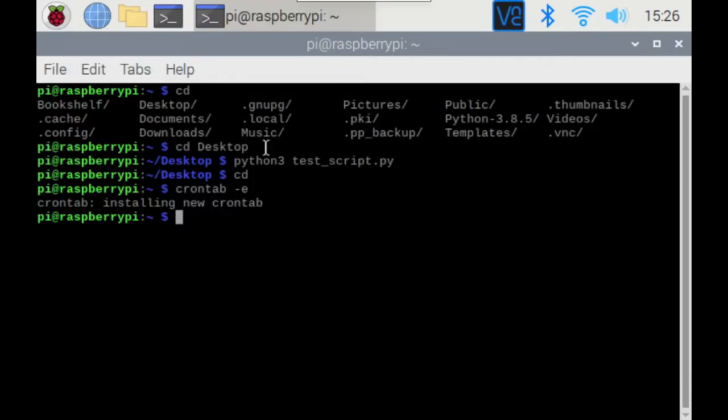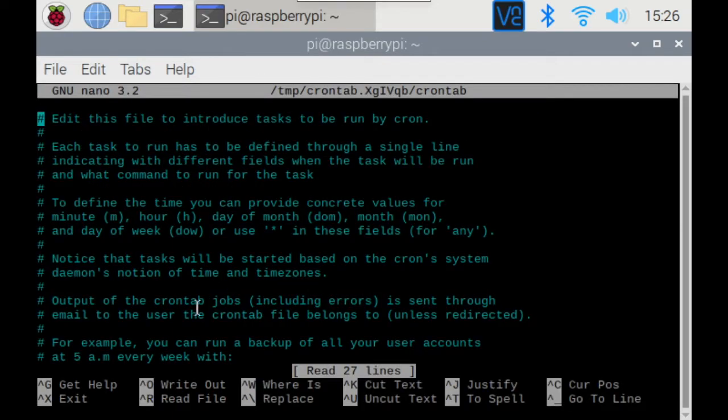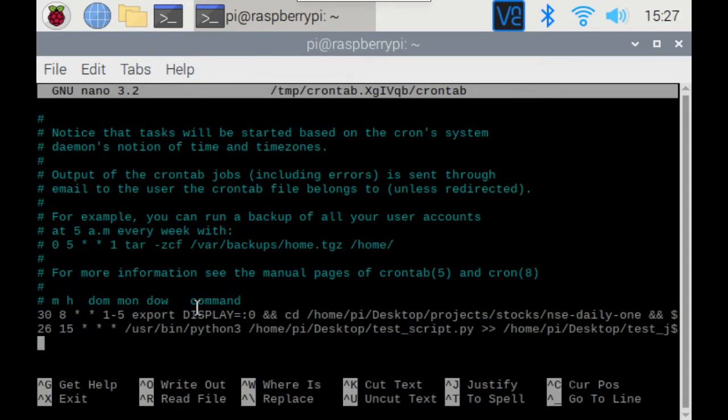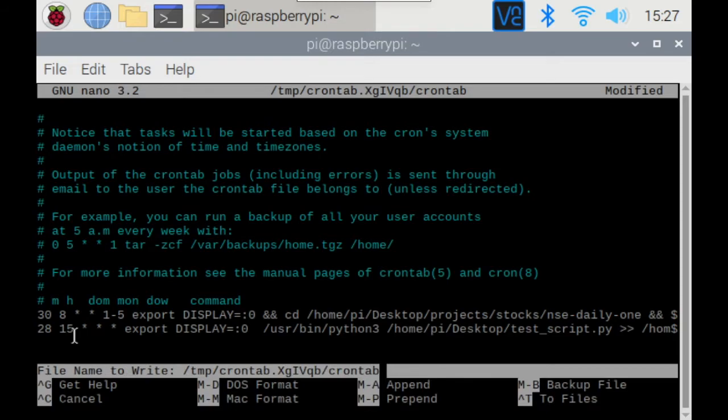So I will close it, and I will open the terminal again, and I will go back to crontab -e, and here I will go to this, and as you can see in my above job, after this stage we have to add export DISPLAY=:0. This is what you need to add if you want to open a GUI app using your cron job, and here I will quickly change the time to 28 and press Control X, yes, enter.